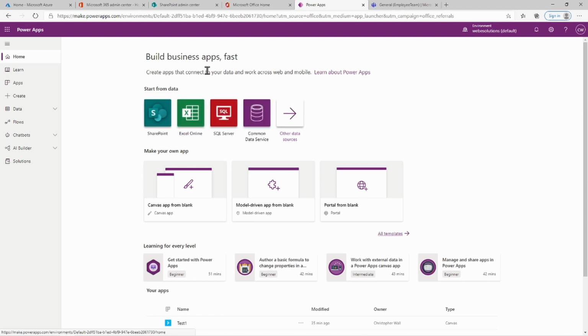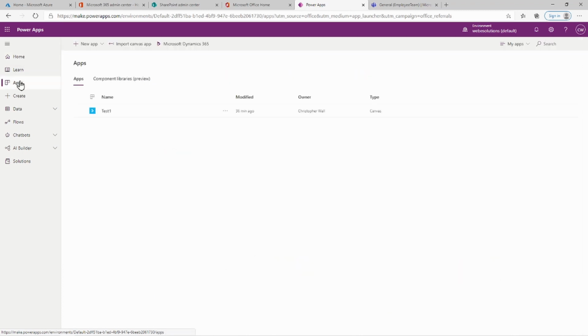In the previous video, I went through some of the menu items, so I'm not going to go through that again. If you click on apps, you'll see the apps that you have created, and you also have the option to create a new app. You can create a Canvas app, a model-driven app, or a portal. So in this tutorial, and in the next upcoming videos, I'll be working mainly with Canvas apps. So if you click on Canvas,